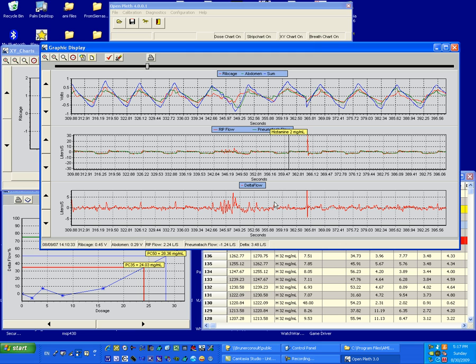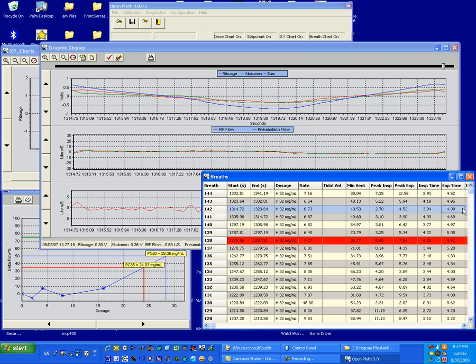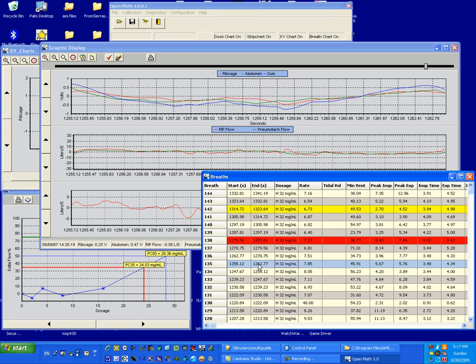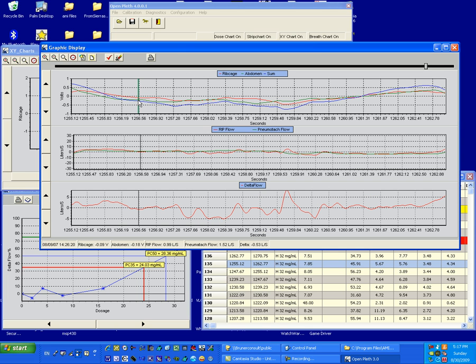Like, say for example, this part here looks like that horse had some movement or something, so it would be nice to be able to, maybe we could just set markers there and then have some sort of button that says, remove these breaths from the analysis. Also, at the same time, we could also come down into this area and do the same thing. Maybe locate those breaths, or we could click here and say find the breath that it's at. We could go to that breath. There's a lot of features like that people need to think about. Get back to me on it and see whether they like the idea or